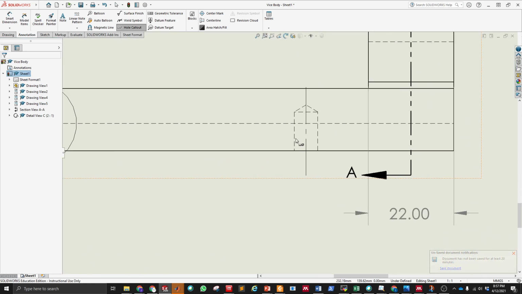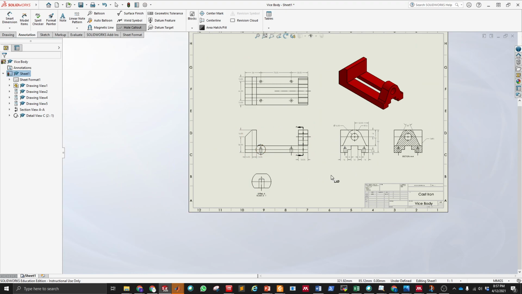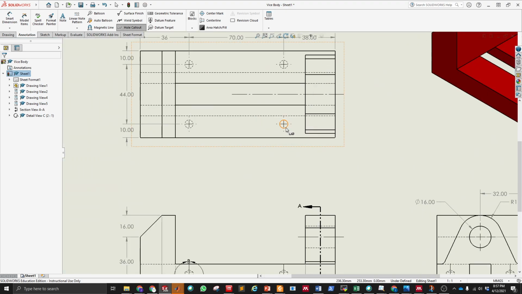So maybe in this view, let me see. Yeah, I can define the diameter and the depth of this hole, and that there are four of those